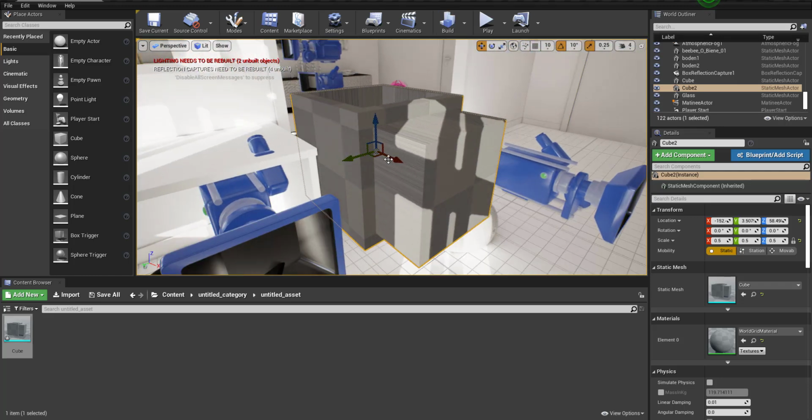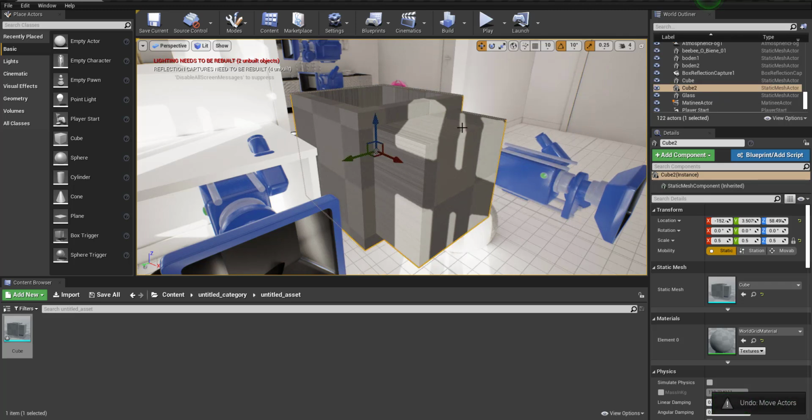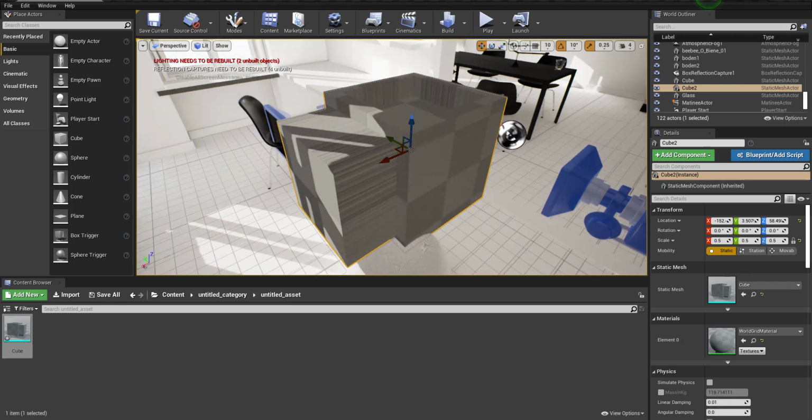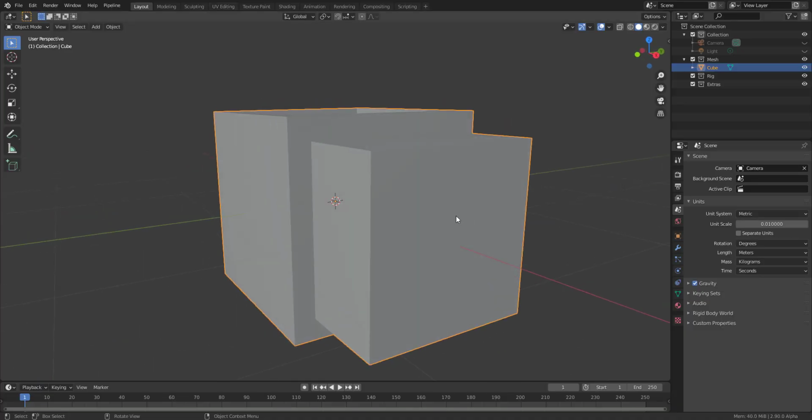If you hold down Alt within the mesh, you're going to make copies, and that is not what we want to do. So hold down Alt outside the mesh and you can orbit across this particular thing. Now that we have done this, if we jump back into Blender and we simply press the Tab key